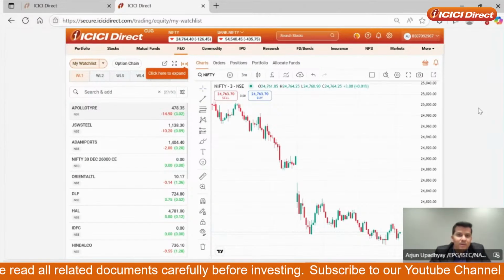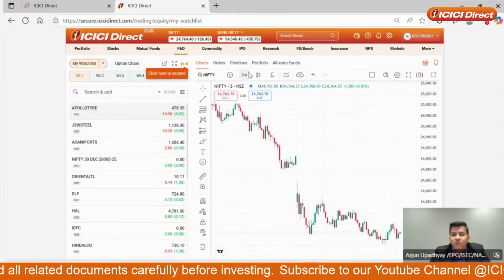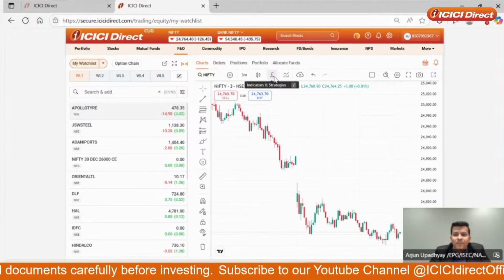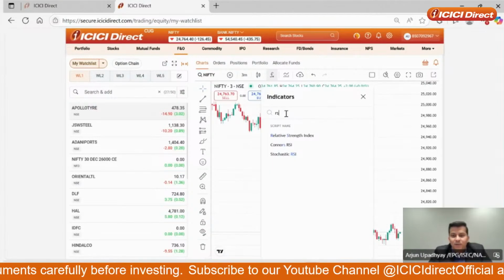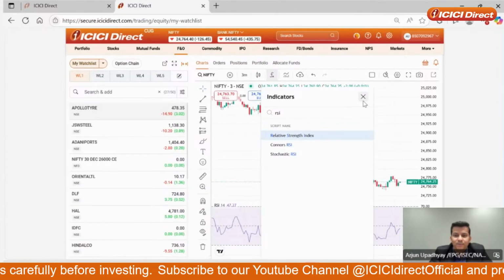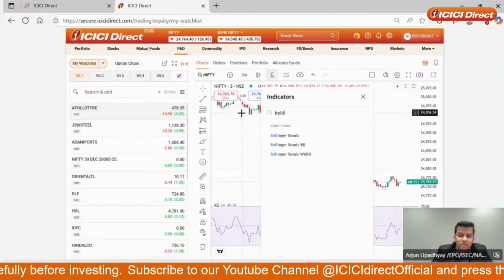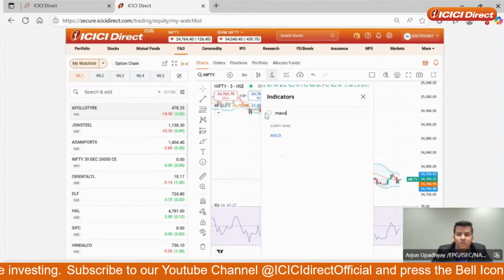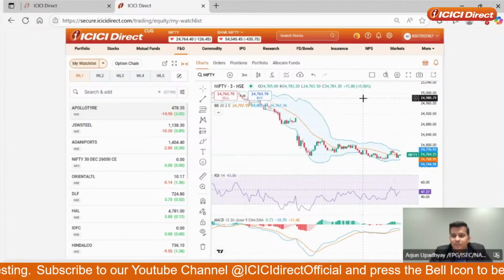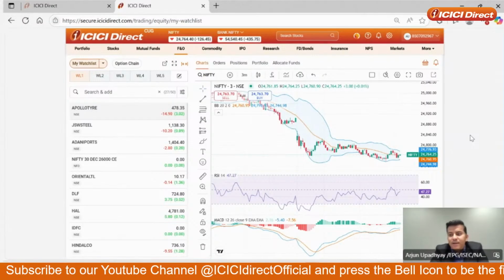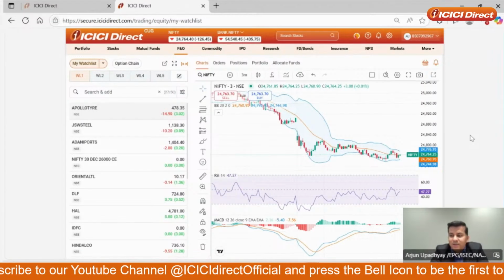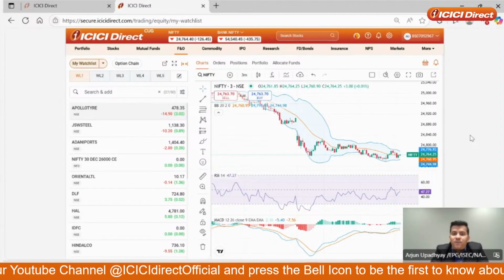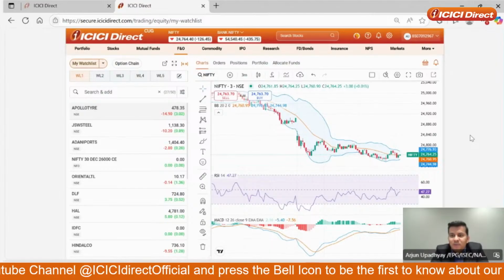Now, when we are trading in the markets, we would like to see the charts. We would like to put some indicators on the charts, right? So assuming this is a Nifty that I've opened, what I personally do is I want to put a relative strength index indicator here, overlay it with a Bollinger, and maybe have a look at the crossover, right? So I just planted three indicators on my chart seamlessly, and all of these indicators are free of cost. If I want to put in say two more indicators from here, I can do that as well.